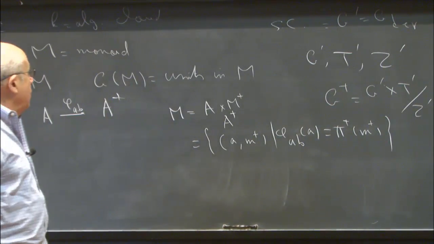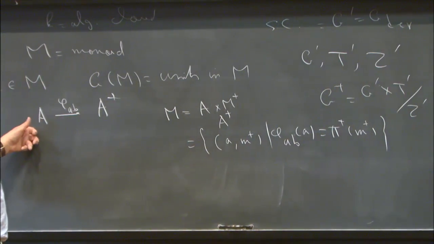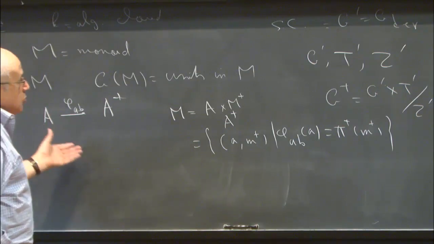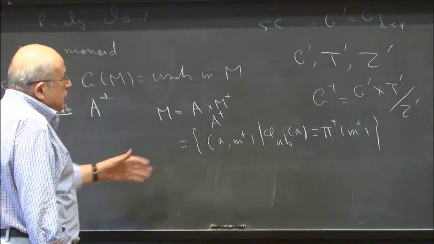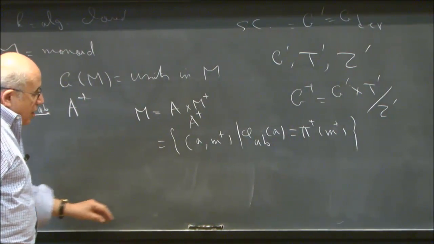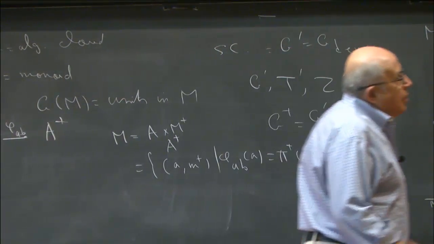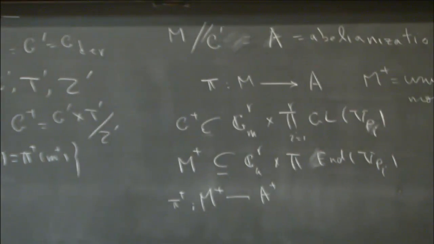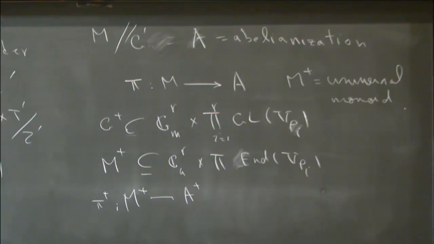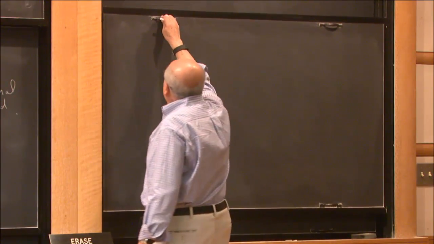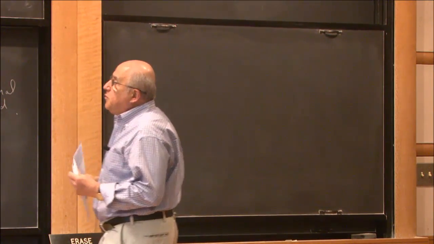This is Weinberg's classification of monoids. So you start with a map from A to A plus, and then with that one fixed, you can produce the monoid. Now, this pretty much brings us to trying to build them for every representation of the L group. Remember, we wanted to produce a monoid.